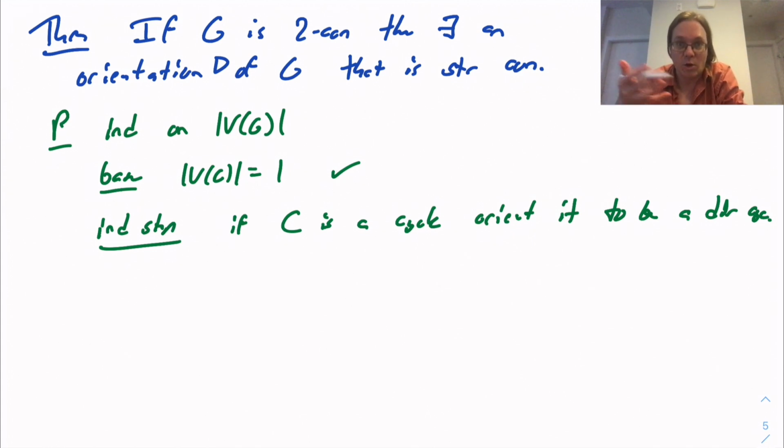A cycle already comes with an implicit ordering of the vertices. Your graph is a cycle if there exists an ordering v1, v2, on up to vn, so that and so on. Just take that same ordering and orient the edges, and you've got a directed cycle. It's immediate that a directed cycle is strongly connected, so that's good. So we're done in that case. Otherwise,